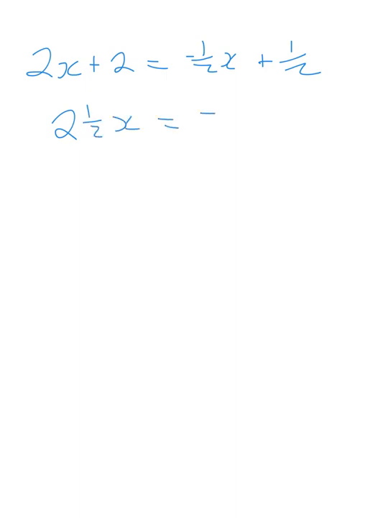We will just take this equation and equate it to negative a half x plus a half. So those are my two equations. I end up this side with 2.5x is equal to a half minus that, which is negative 1.5, and so x is equal to